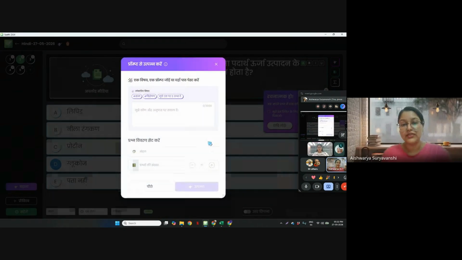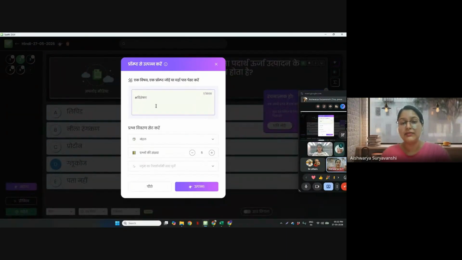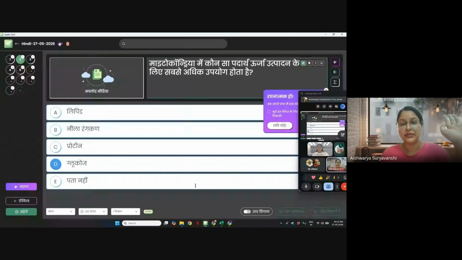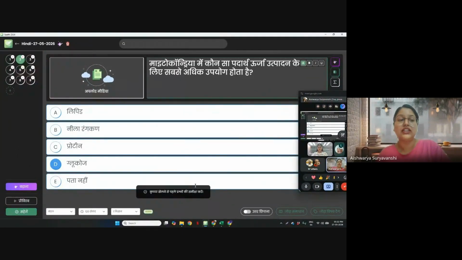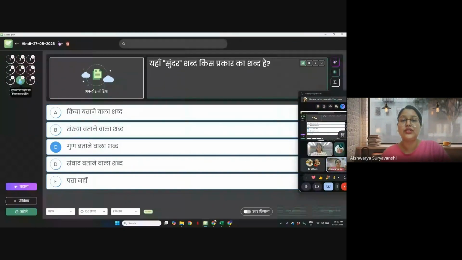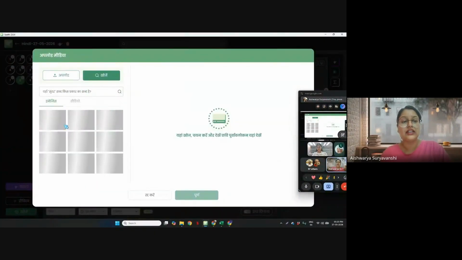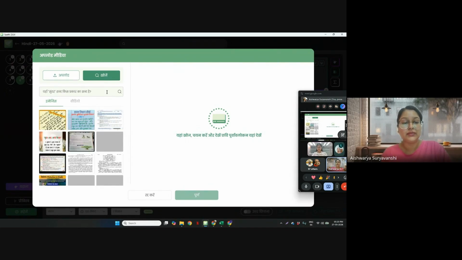Second is prompt. The prompt option is quite useful, as all of you know. Since you are using it for Hindi, you can just give one particular keyword and then generate the questions. This is going to be very helpful if you are trying to test the students in terms of grammar, Hindi grammar, Kannada, Tamil grammar, if you're using that. It is going to be super useful for you, because you'll have different ways of generating questions. You also have an option to upload media, so you have different images that will come in. You can also search for different images if you want. Okay, so all of that can be done.